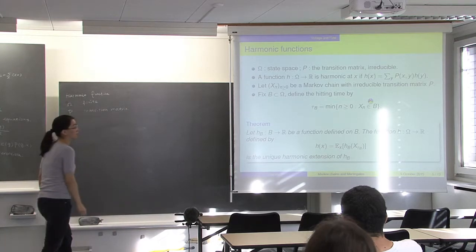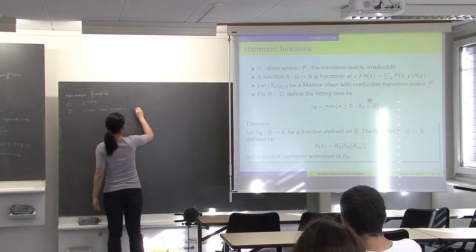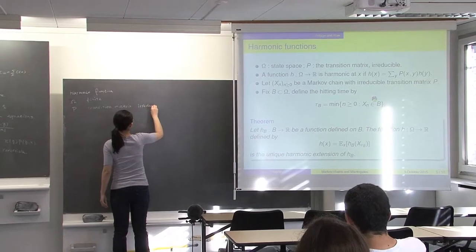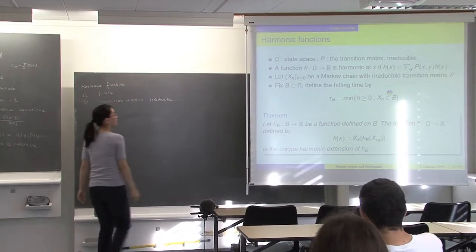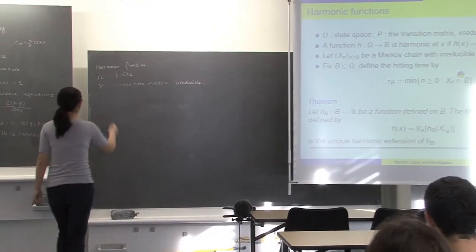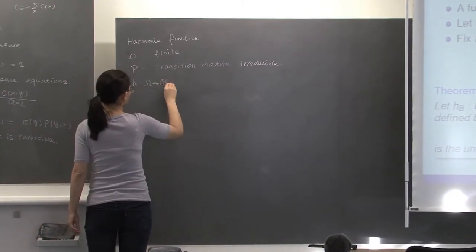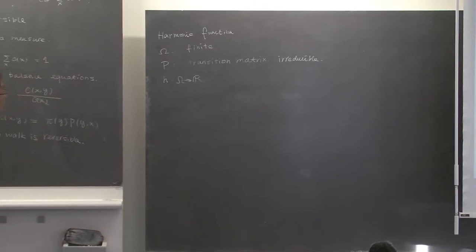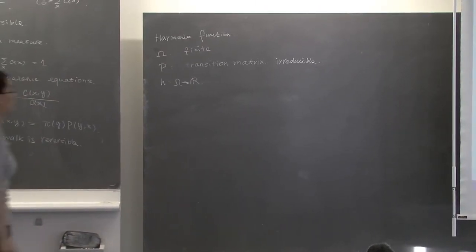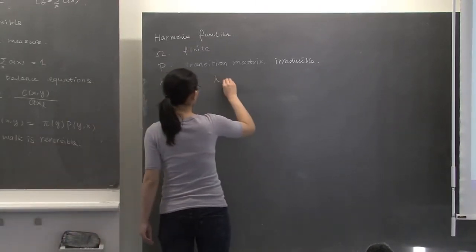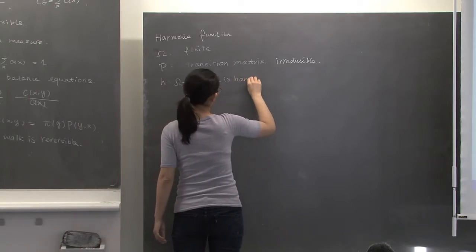And we always assume it is irreducible. And a function h defined on omega to R, we say that it is harmonic at a vertex